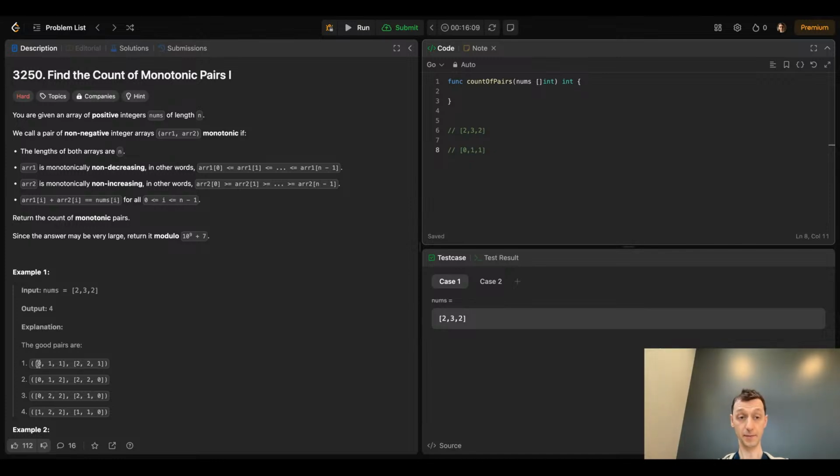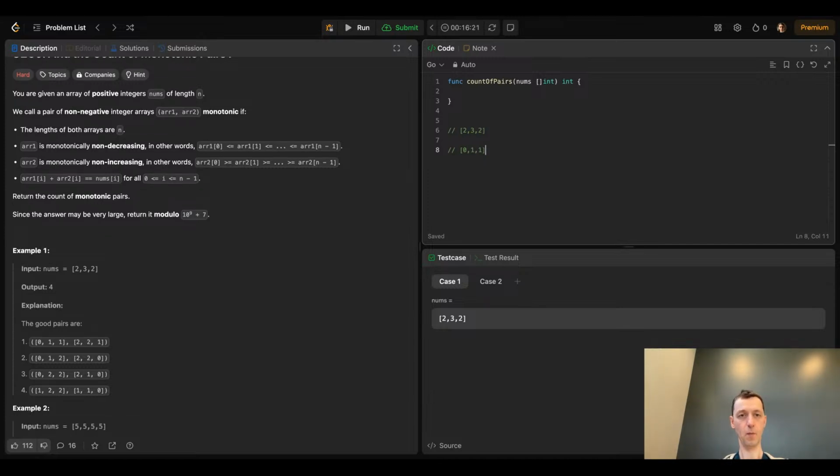So we could generate a non-decreasing array, all the non-decreasing arrays within that. We'll just start with 0, 0,